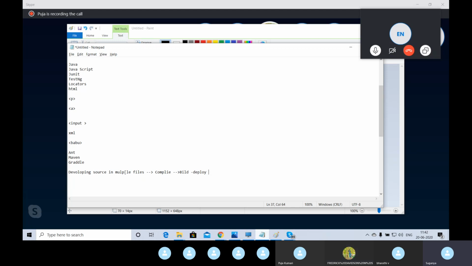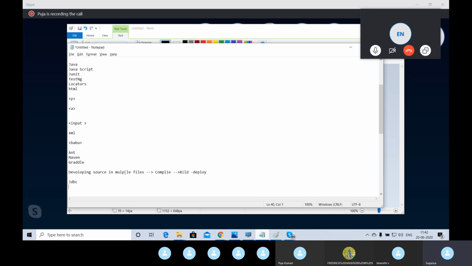Clear, guys? So that is the reason why I am using Ant and Maven. Because you should know from the basics. You should not come straight to Gradle. First, you should know what is happening in Ant. Then what the difference between Ant and Maven is, and why we are using Maven. Then you should know the advantage of using Gradle and the difference between Gradle and Maven. Only then can you come from the basic to the advanced cycle. Got it? Clear?